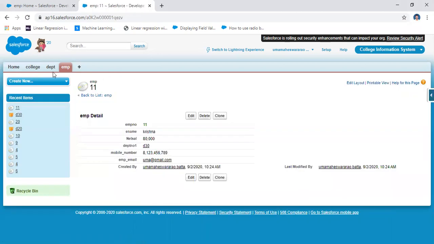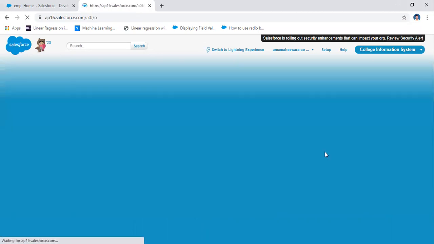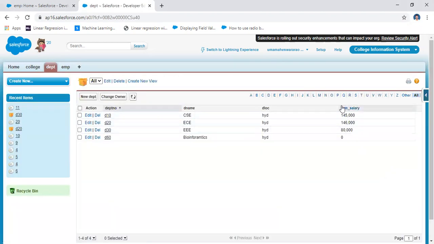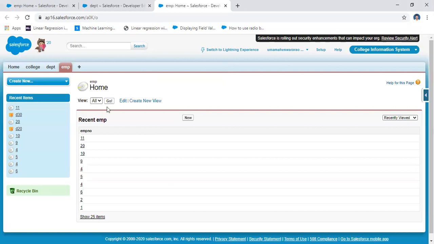If it comes to the department number 20 value, here this field is an automatic field, the sum of salary. I'm not updating anything here, the value is updated automatically. For example, employees having different departments. Yeah, got it.